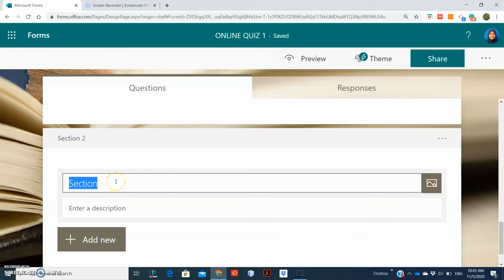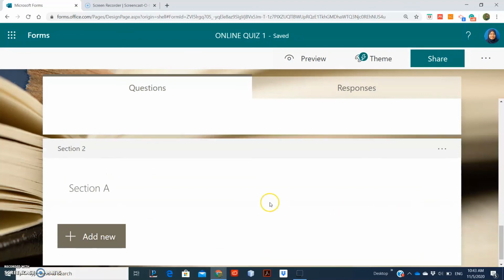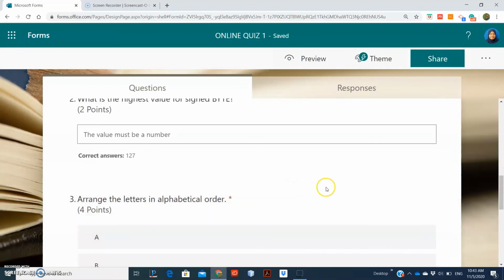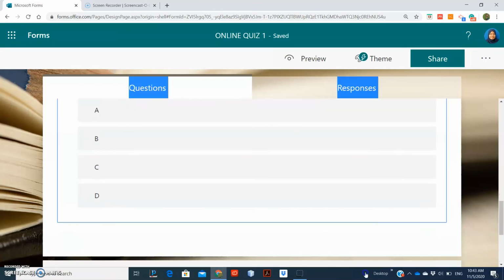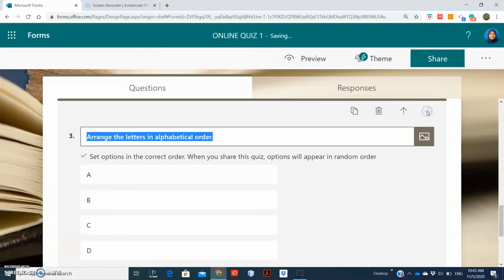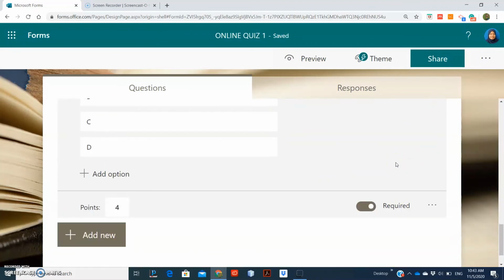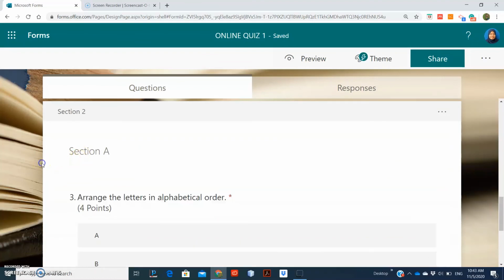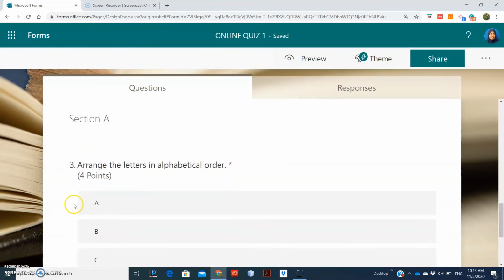Okay, let's say I'm going to add section A. Okay. And then I can also rearrange this one, the third question, into section A, section 2. Okay. So now if you preview,